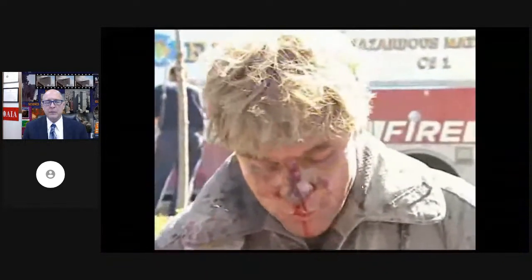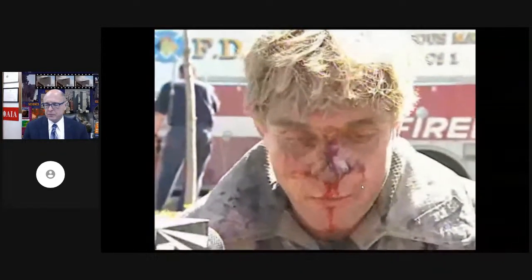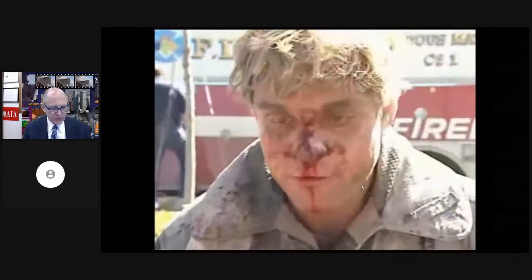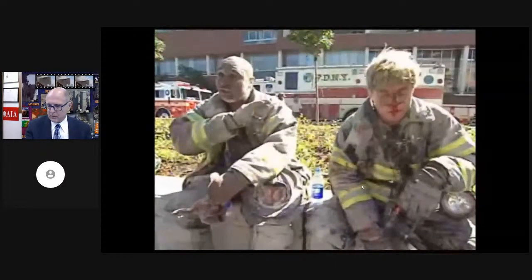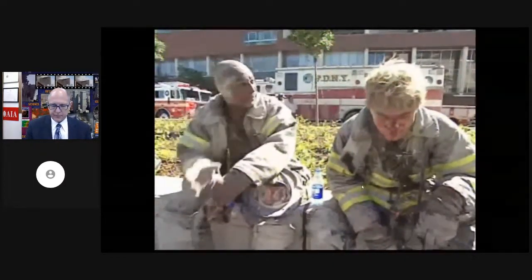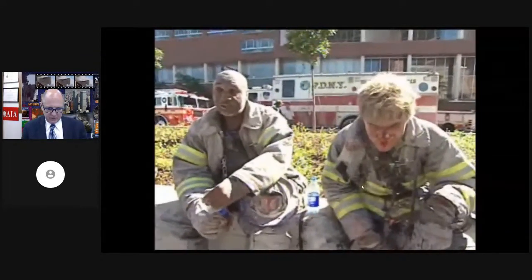As we were getting our gear on and making our way to the stairway, there was a heavy-duty explosion. The whole building just collapsed on us inside the lobby. Was that a secondary explosion? Yes, it was. Definitely a secondary explosion. I heard a second explosion and another rumble.